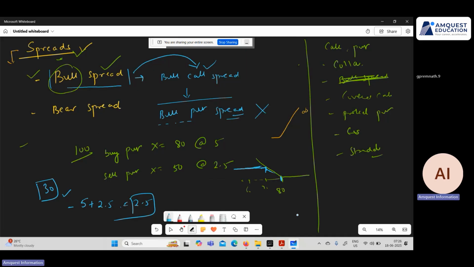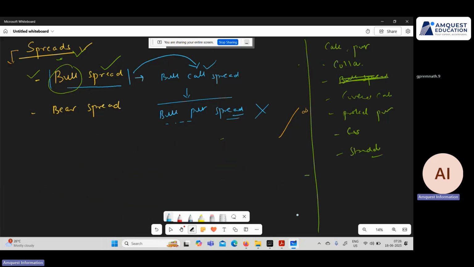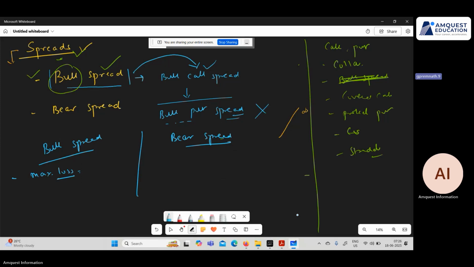So in a nutshell, can we say that for a bull spread, and for a bear spread, for a bull spread, what's my maximum loss? We're just talking about loss, profit, and break even. Yes, maximum loss is basically